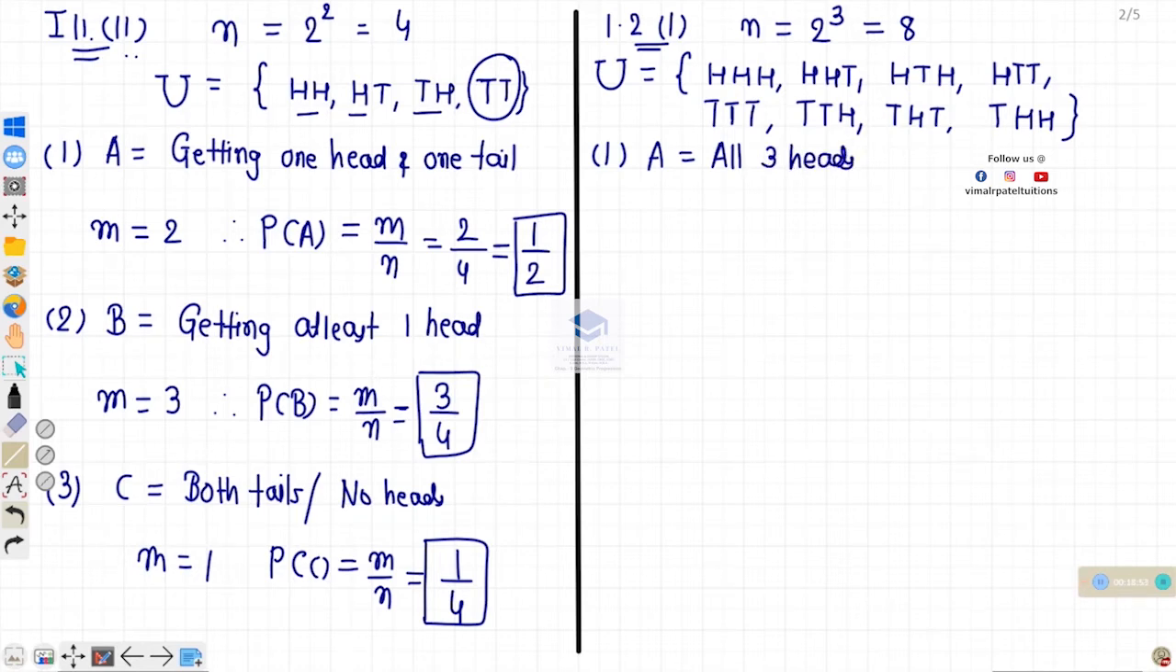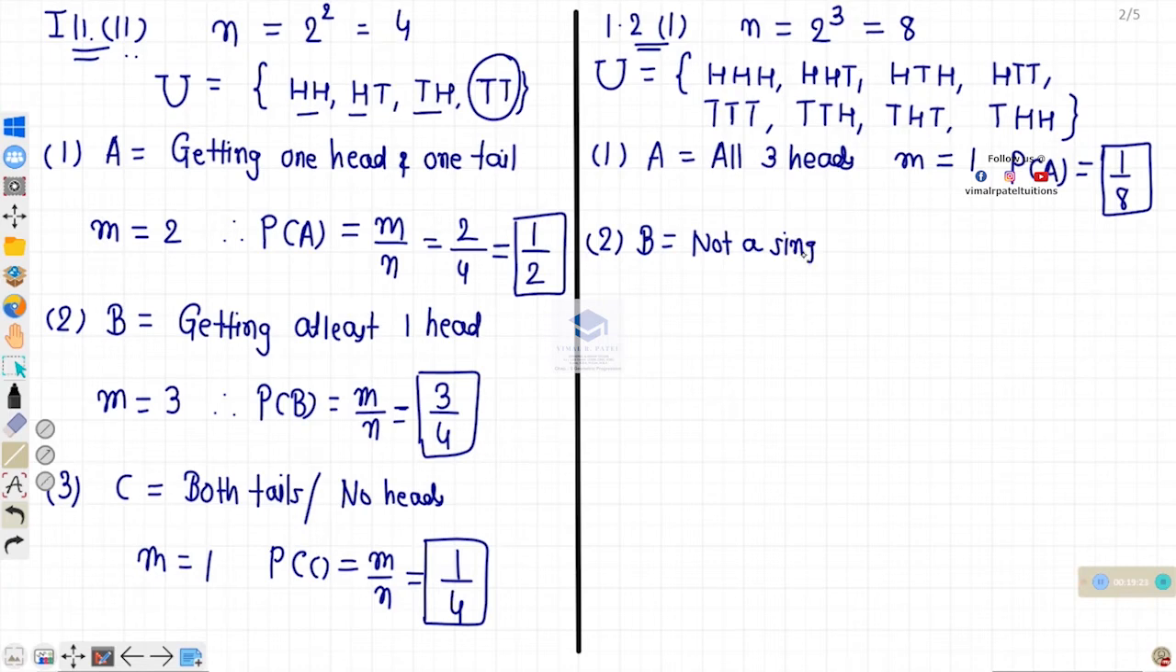All 3 heads. The possible outcomes are how many? HHH, 1. So your P of A will be M upon N, that is 1/8. Then not a single head means all are tails. So again